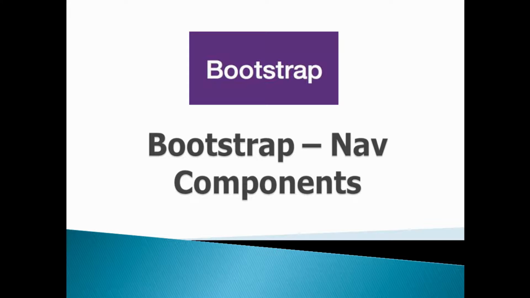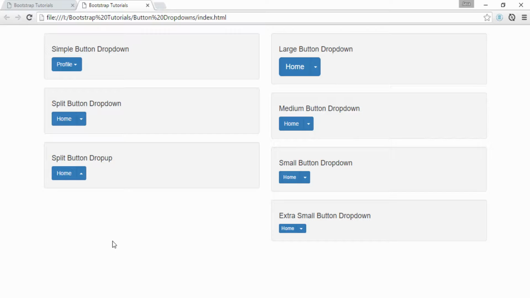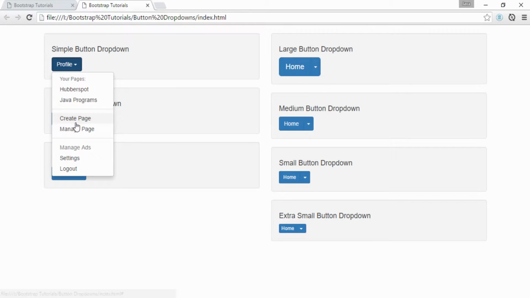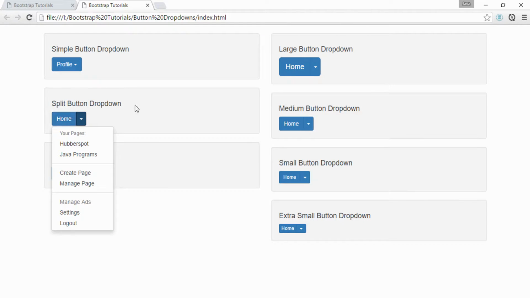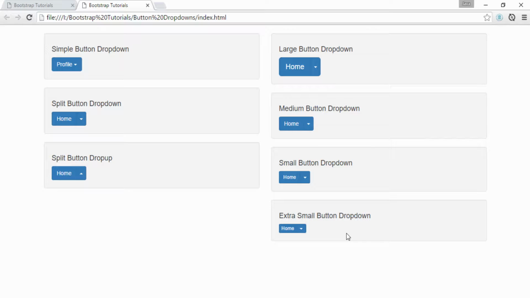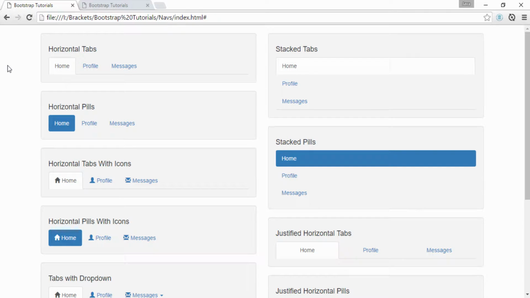Friends, in this tutorial we will discuss the navigation components in Bootstrap. In our previous tutorial we discussed button drop downs. If I show you, this is a simple button drop down, and we also discussed the split button drop down, and the sizes of this button drop down, such as large, medium, small, extra small. So in this tutorial we will basically discuss the navigation components in Bootstrap, such as tabs and